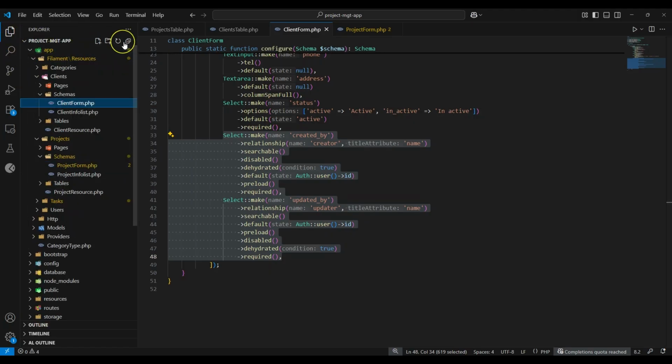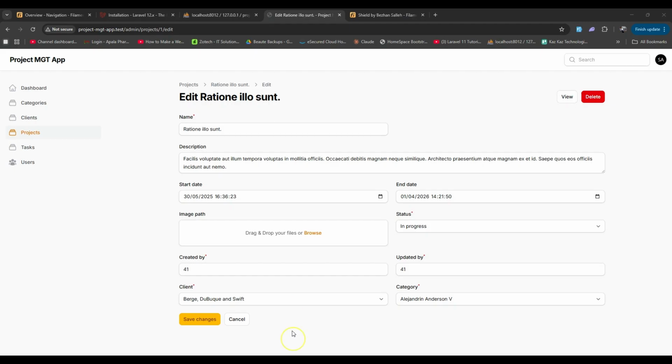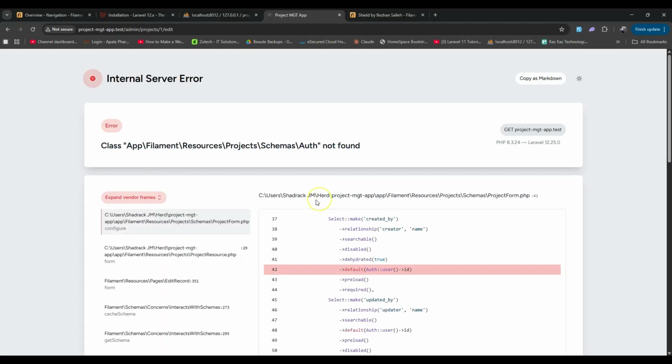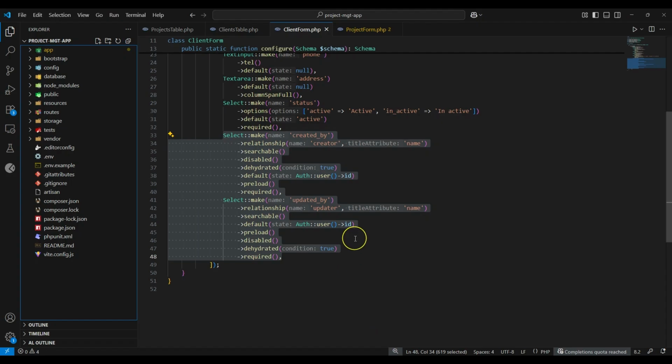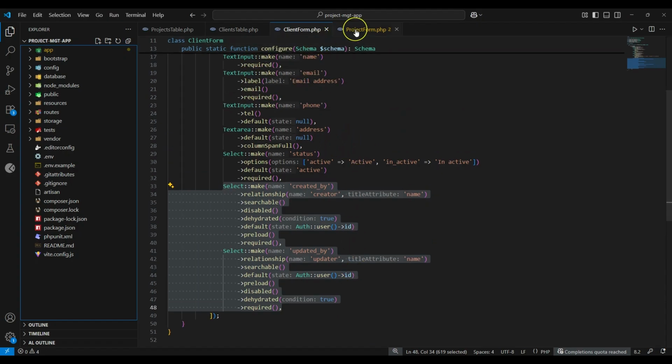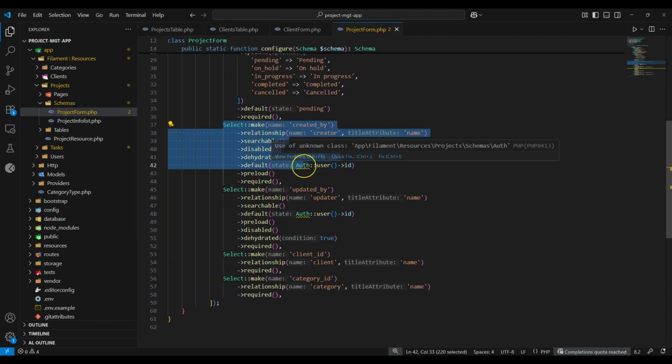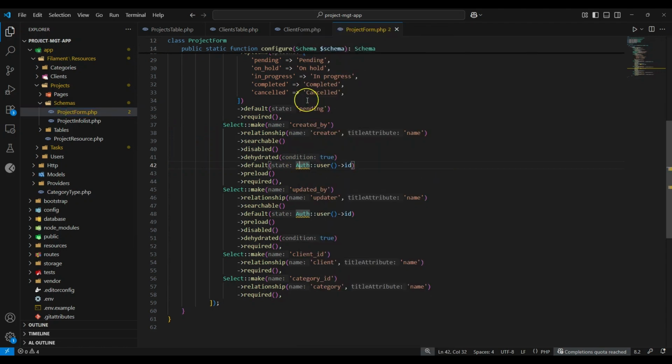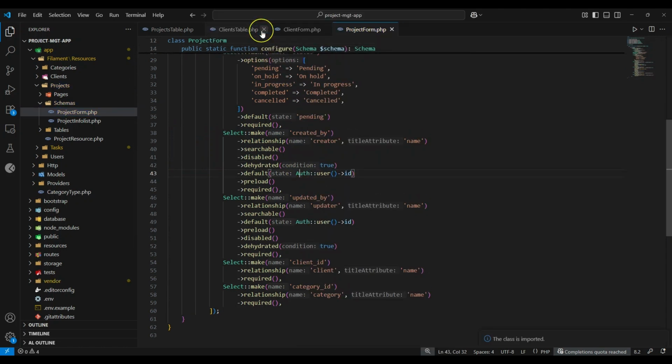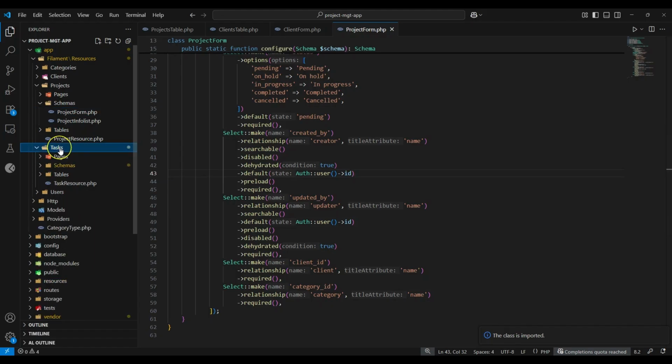And now if we go back here and refresh, okay, oh yeah, we need to import this auth facade. So let's import the auth facade. So let's go to the project here, and let me import this. Import the facade one the same way to task,